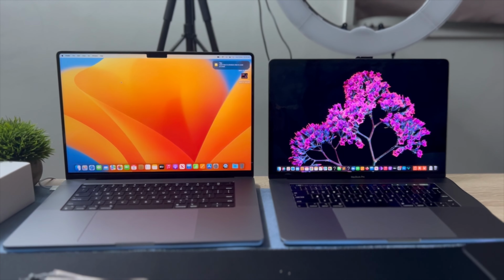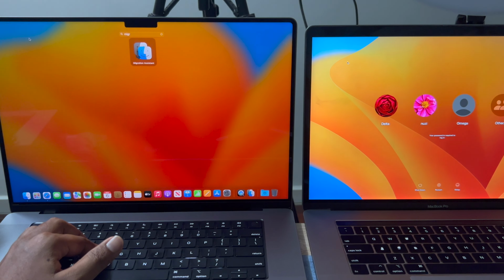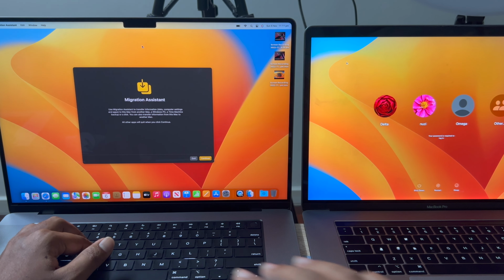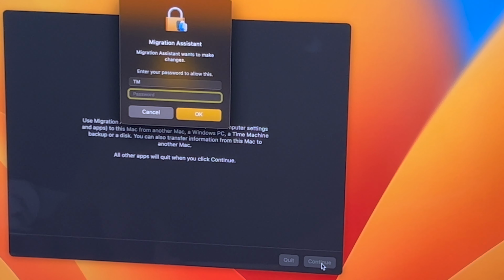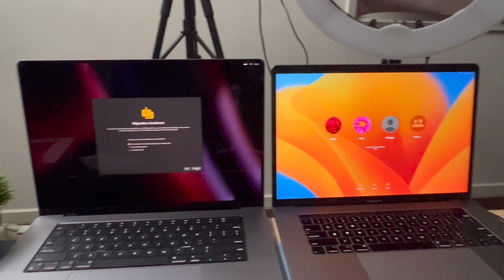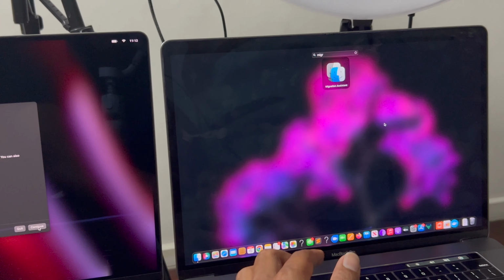I have the new MacBook on the left and the old one on the right. Let's start with the new one. First, fire up the Launchpad, search for Migration Assistant, click on Continue and enter the password. Right, let's move to the old MacBook, open the Launchpad, type in Migration Assistant,